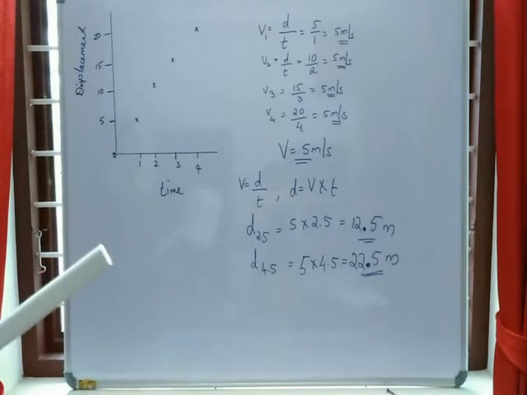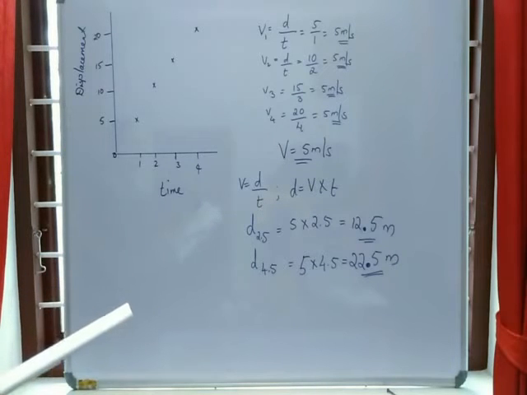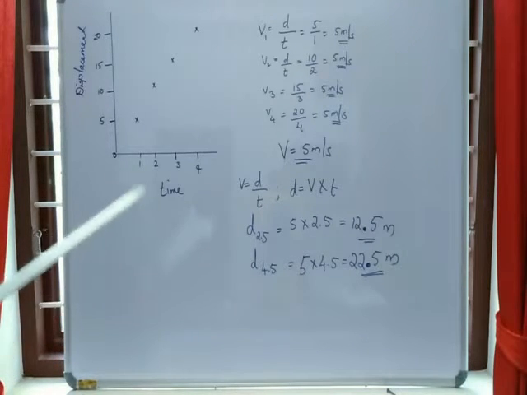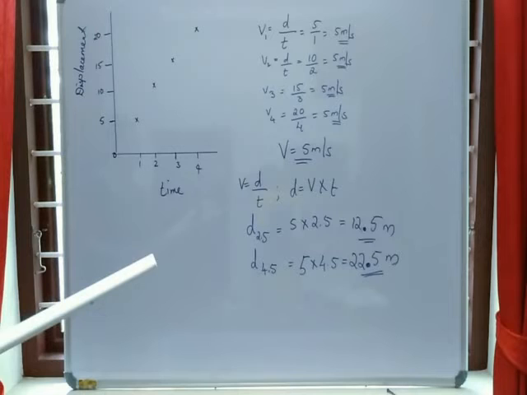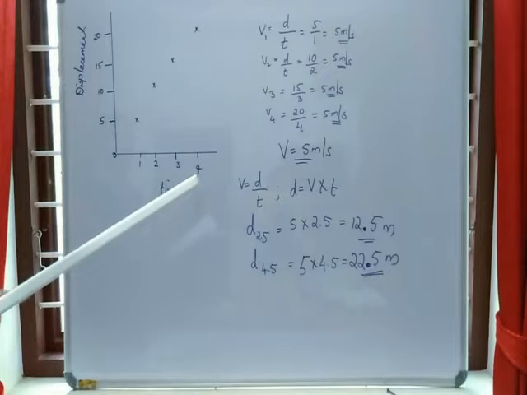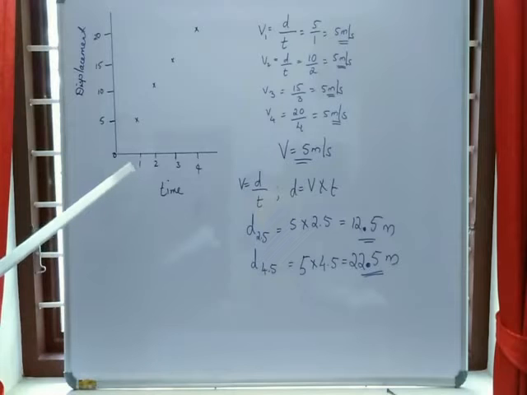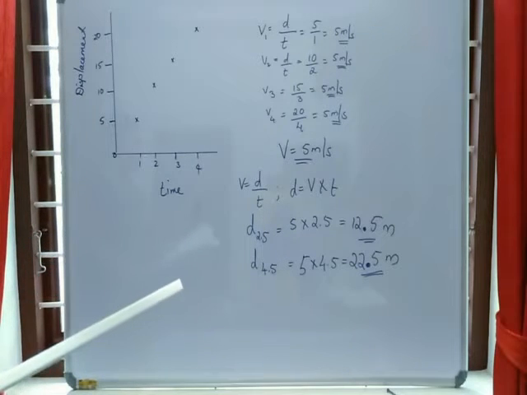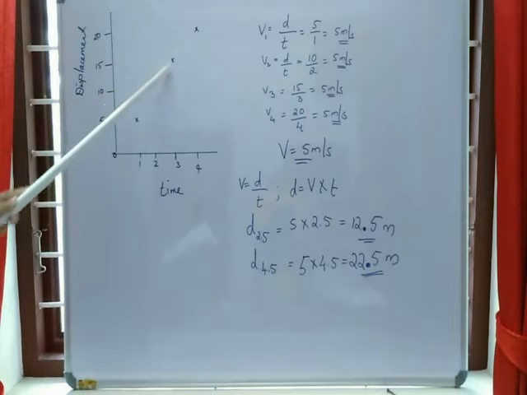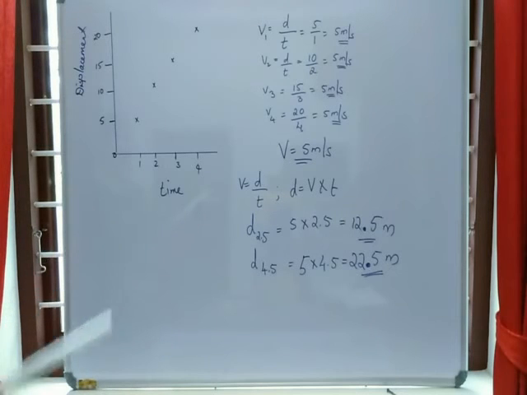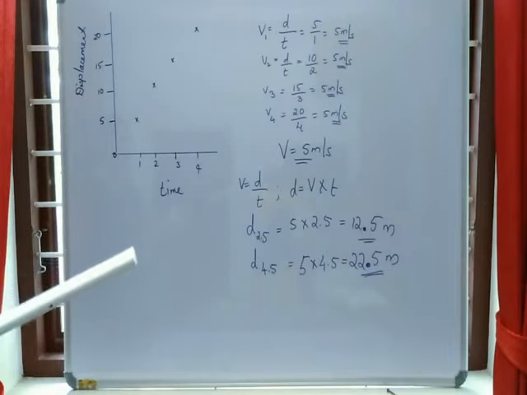If possible, you may use a small sheet of graph paper. Draw it on the graph paper, then you will get it clearly. Now the question is, draw a displacement time sketch and find the average velocity of the car. This is the first answer, the displacement time sketch. You can use graph paper or your notebook, but take the correct measurement and draw a straight line. You will get a straight line starting from 0. That is the first one, draw the displacement time sketch. Then using this, you are asked to find the average velocity of the car.